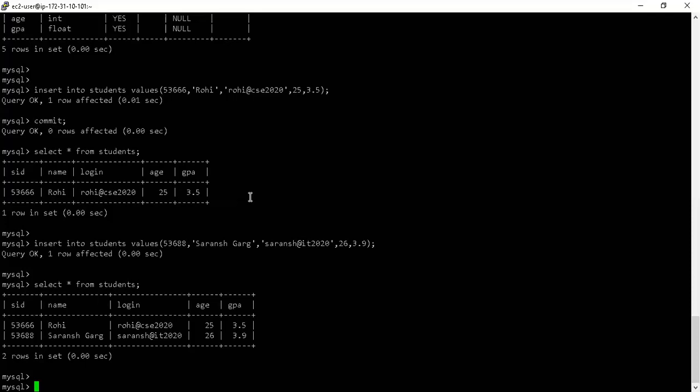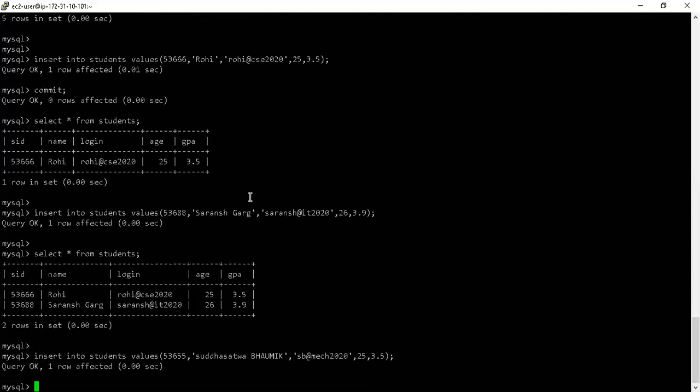Okay, let's insert the last one. Maybe the last student is even bad, so 3.5. Age is, let's say, 25 again. I'll say this is, I don't know, mechanical. Okay, mechanical engineering, and I'm going to put my name here. So this is my ID. Maybe I'm going to make it even more interesting. Okay, ASB, and here also I'm going to intentionally make some mistakes, because that's going to make our life interesting later on.